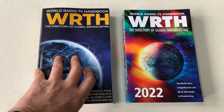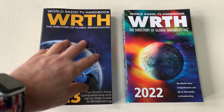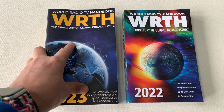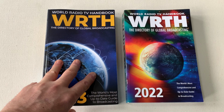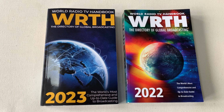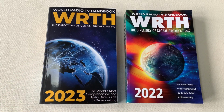So I'm really pleased that we've got this book still with us, and if the accuracy of the information in this book is the same or similar to previous editions, it's still the Bible. This is still the place where you can go and get an answer on a signal, identification, whatever, with no ambiguity. The WRTH is the one reference that I've always trusted. There's some excellent resources online, but sometimes the quality of the information isn't always there. That doesn't mean that I don't think they're useful. They are, but it was always the WRTH, which was kind of like the Bible for